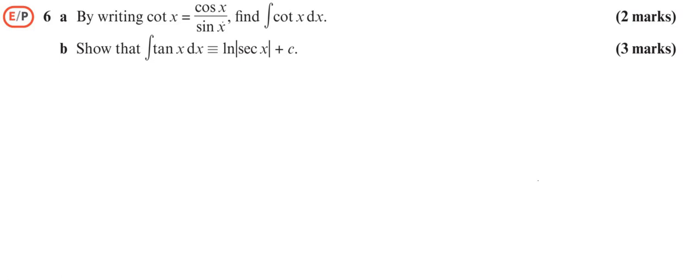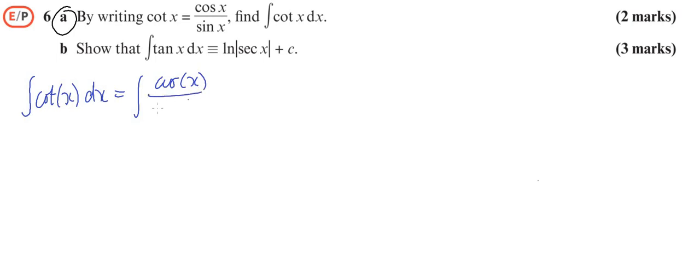Okay, so here was question 6 from the exercise we worked through. First of all, let's look at A. We've got to write cotangent x as cos over sine and then find the integral. So what we're doing is finding the integral of cot x dx by substituting in cosine of x over